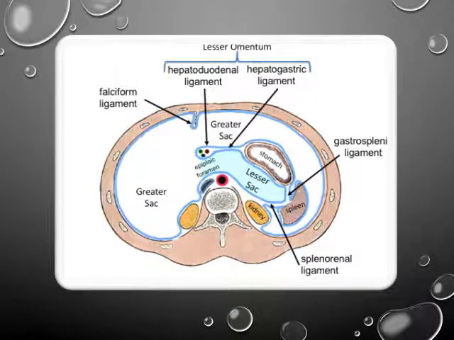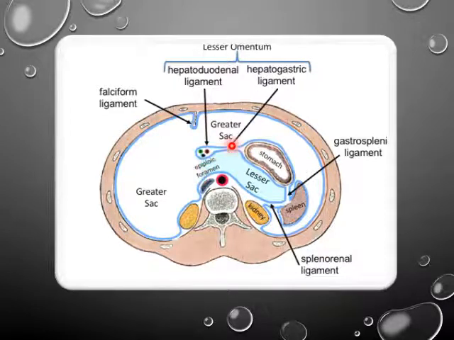This picture is a cross section of the abdomen at the level of the epiploic foramen. You can appreciate the epiploic foramen a little better in this one. This whole area is the greater sac, and this one behind the stomach is the lesser sac. They are not communicating anywhere else except at this place, which is our epiploic foramen.